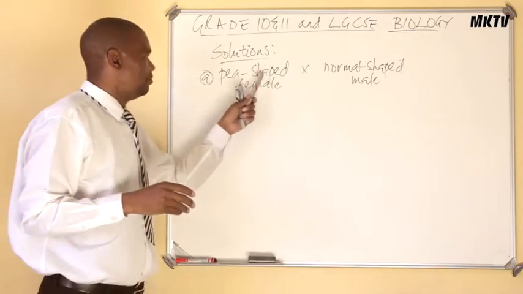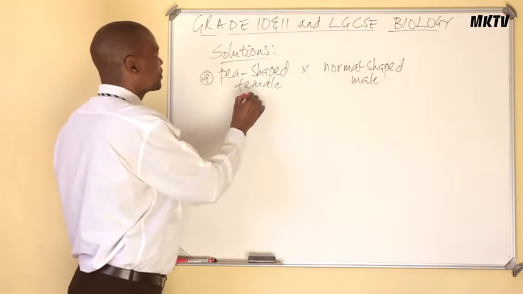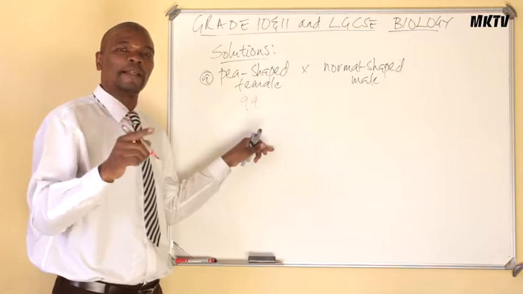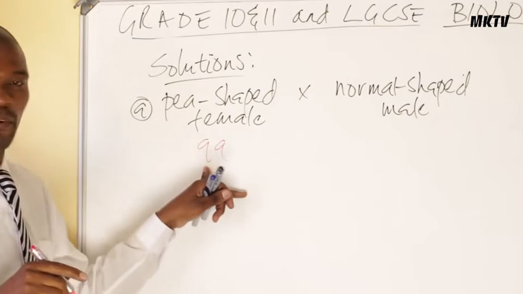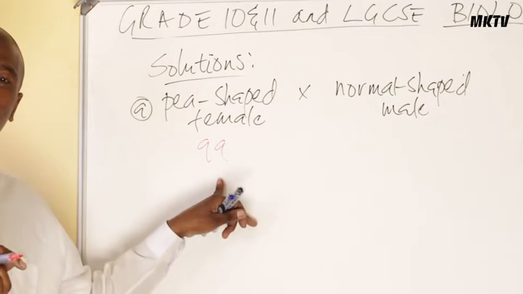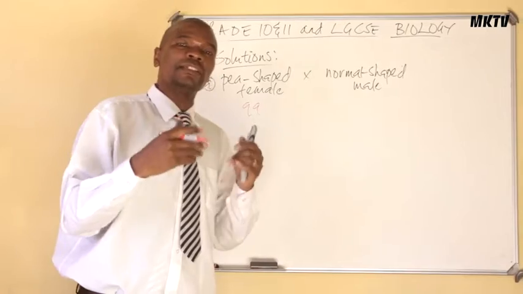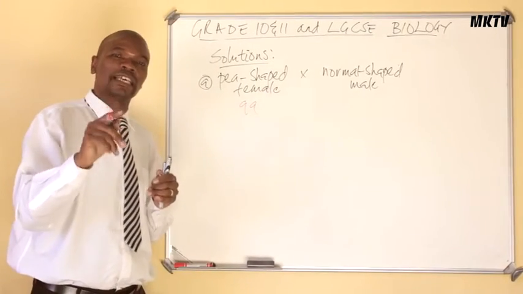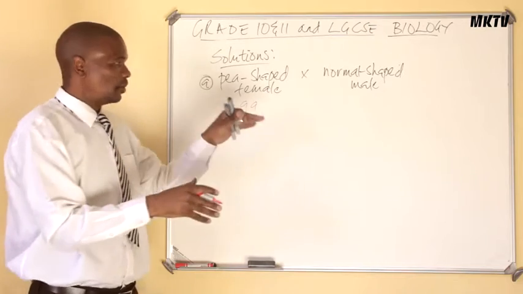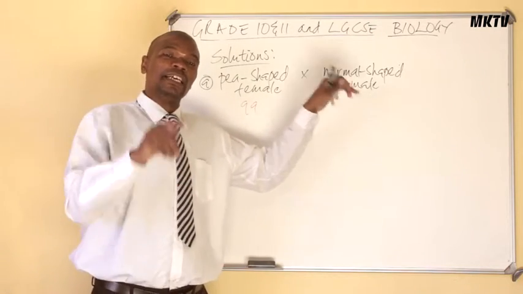Whenever we see a P-shaped chicken, we surely know that there was no capital letter that represents a dominant gene. Therefore, automatically we know that we have got two small q's. Because I said in complete dominance, once we have got one dominant gene, that gene is going to mask or hide the other one. So we only have a problem when it comes to the normal shaped one, because remember,